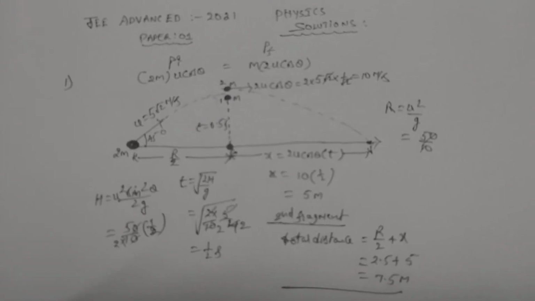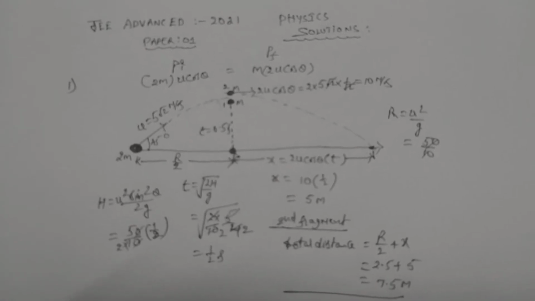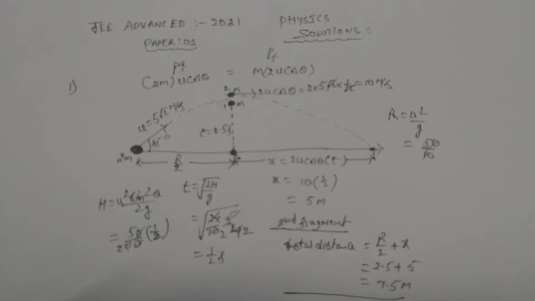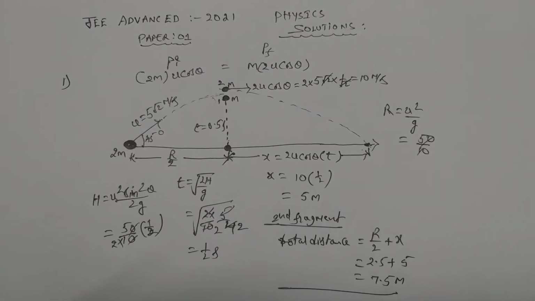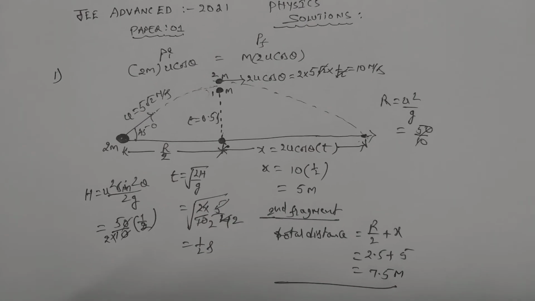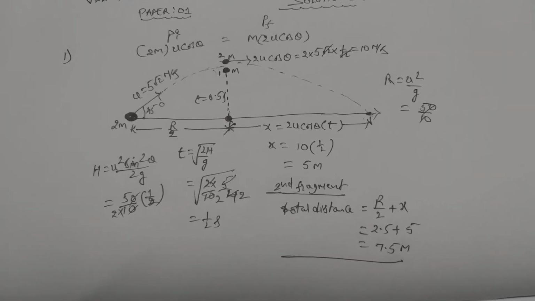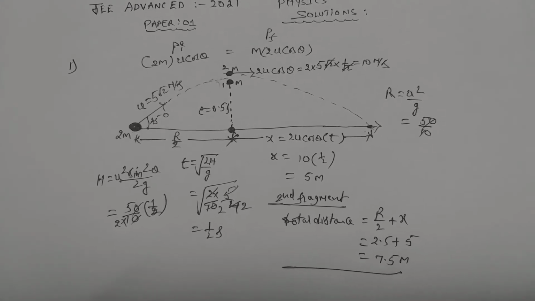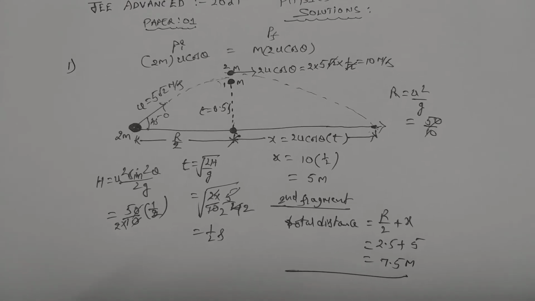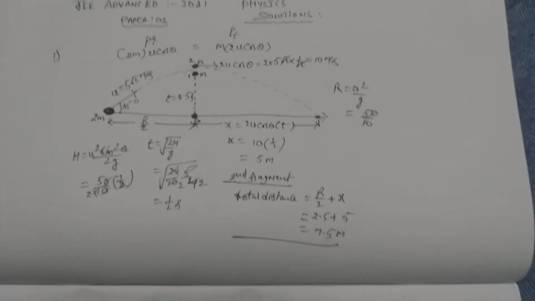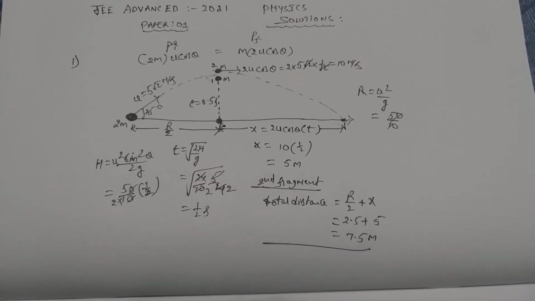In the last class, we learned a solution for the problem given in JEE Advanced 2021 related to projectile motion. The same problem we can solve very easily by using the concept of center of mass. Today we shall discuss a very easy way to solve that problem. In fact, we can say this will become the speed solution. In the exam hall, if we apply this method, we can solve the problem within 1 minute. Let us see that solution.